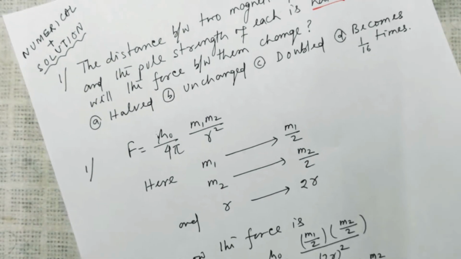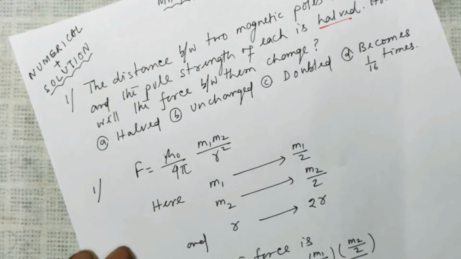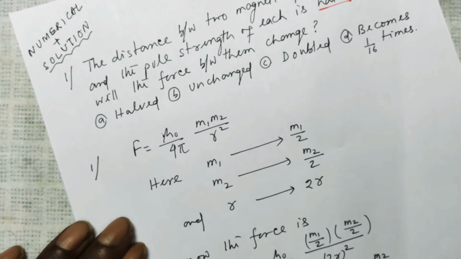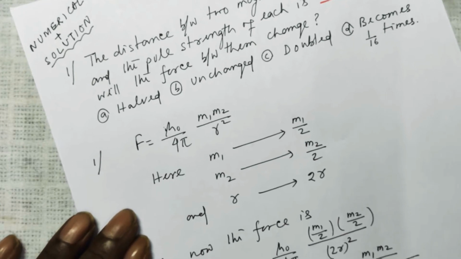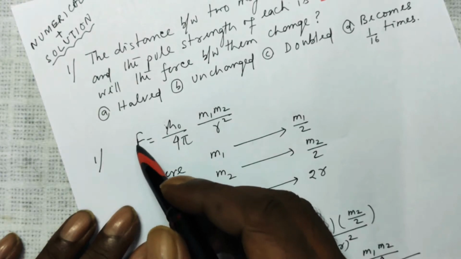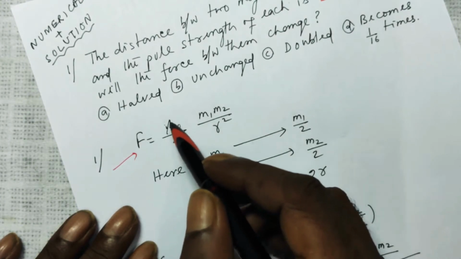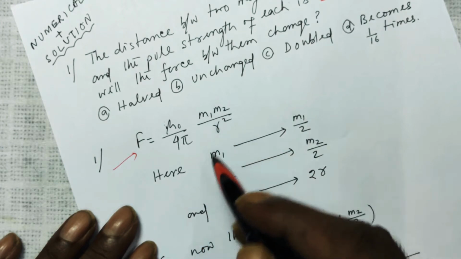Now we know between two magnetic poles the force of attraction or repulsion: if both are north poles, they repel. If both are south poles, they repel. If one is a north pole and the other is a south pole, they attract. Whatever is the case, the force is F equal to mu naught over 4 pi m1 m2 over r square, where m1 and m2 are the pole